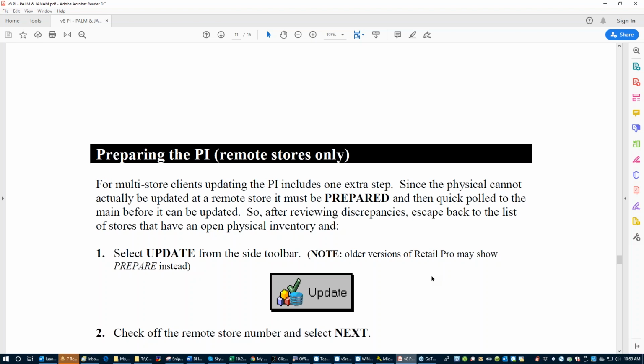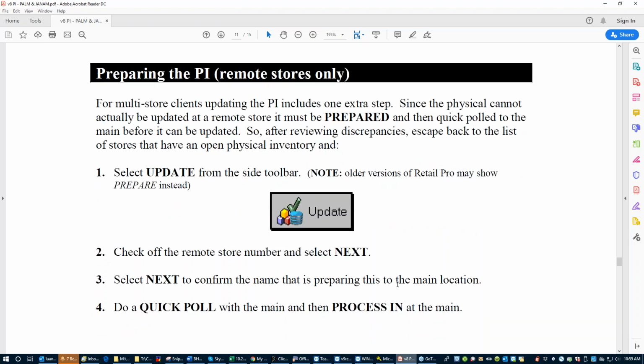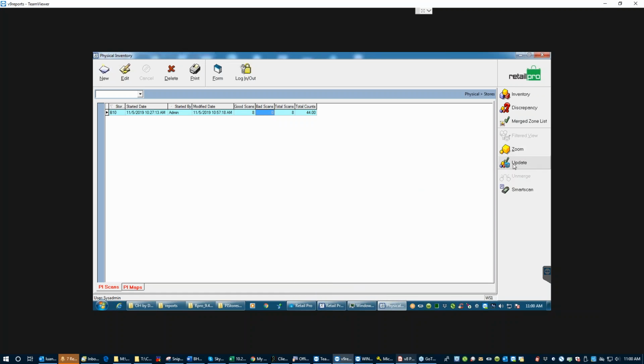But in order to update the physical, those counts have to be pulled up to the main. Most of your newer versions of Retail Pro, instead of update, might say prepare. So at a store, if you go to update,